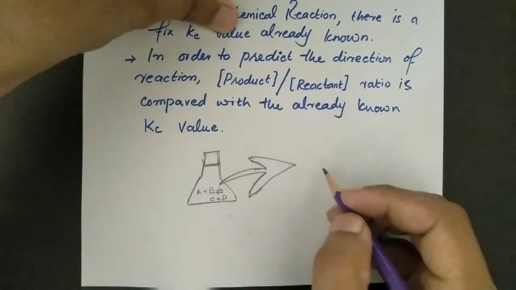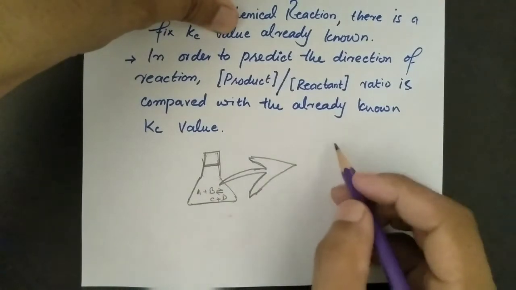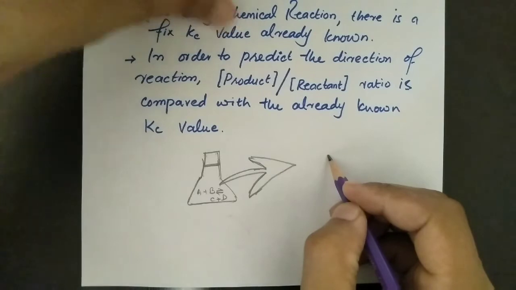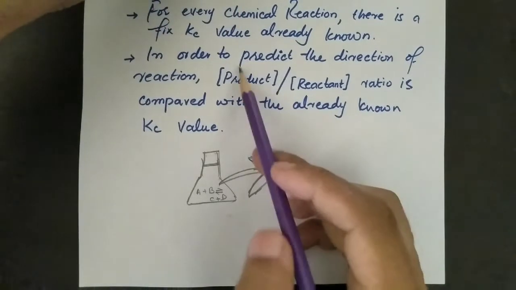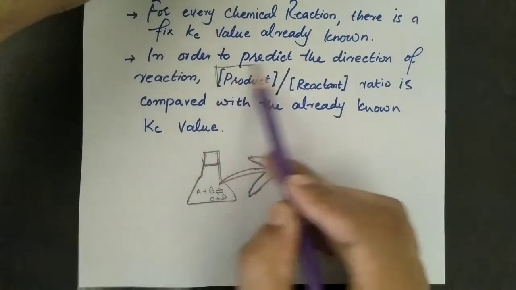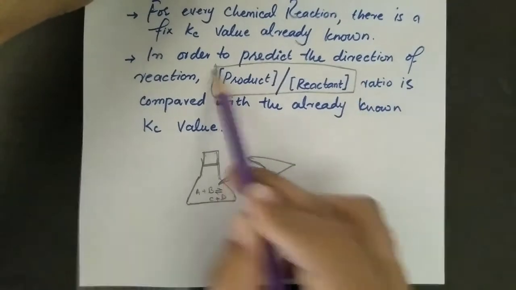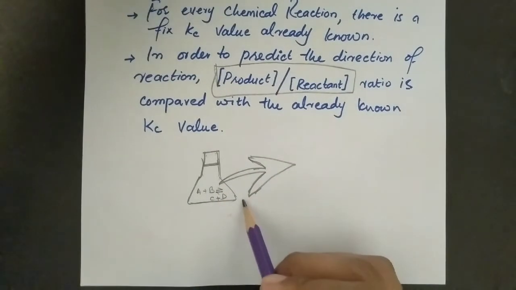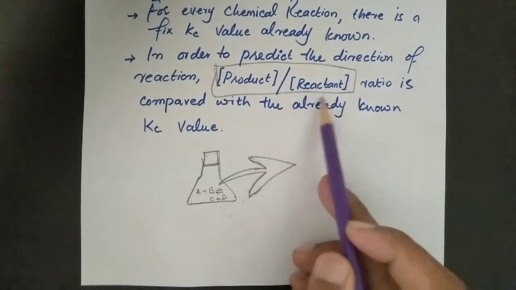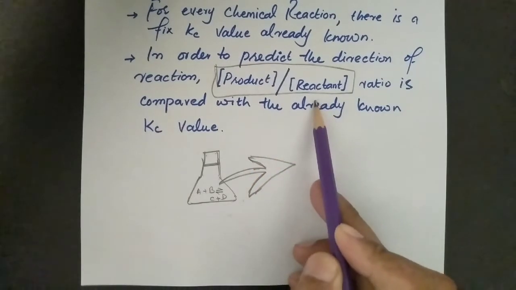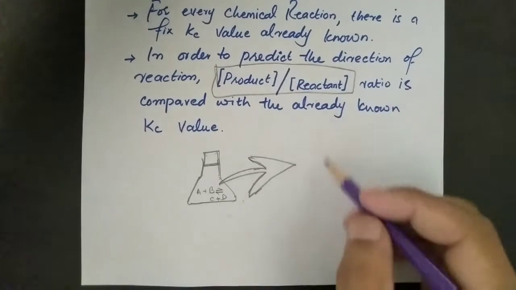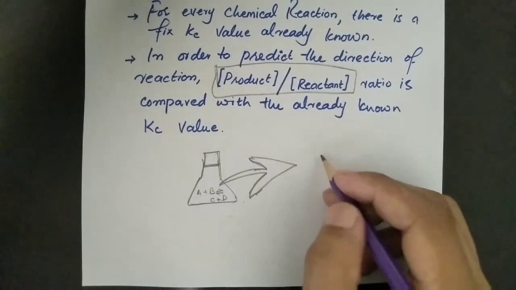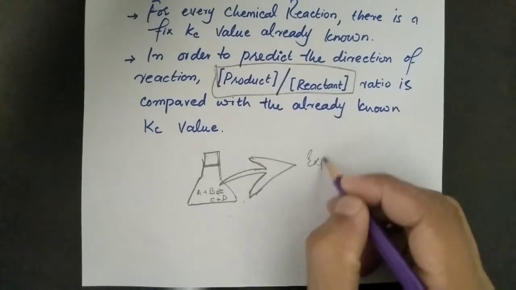We are going to calculate the concentration of the product and the concentration of the reactant. In short, we are going to calculate the ratio of product over reactant, that is, how much reactant is present in this flask and how much product is present in this flask. By knowing their concentrations, we are able to calculate the ratio of product and reactant. Then, once the experimental data is with us,